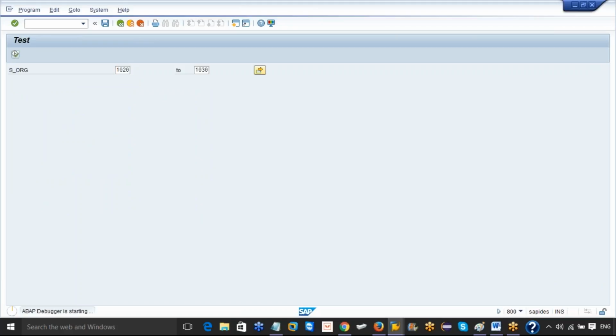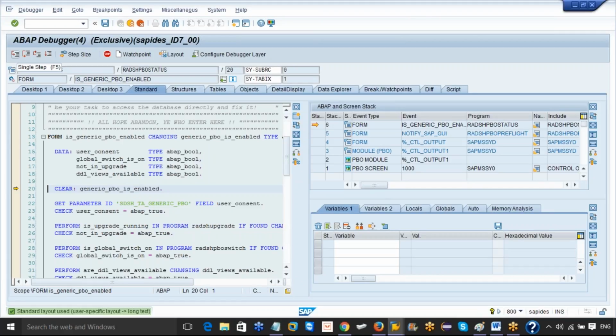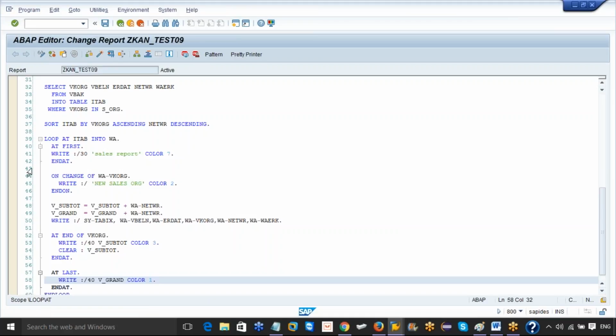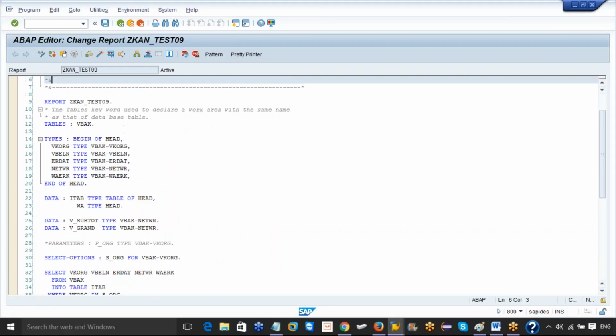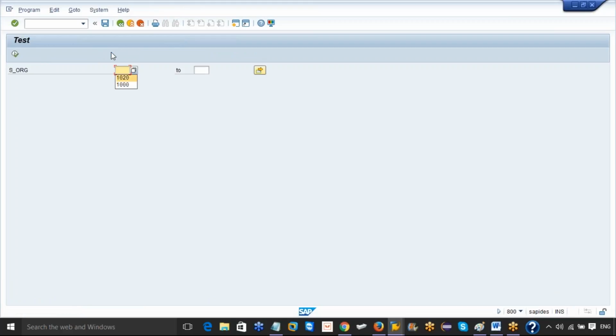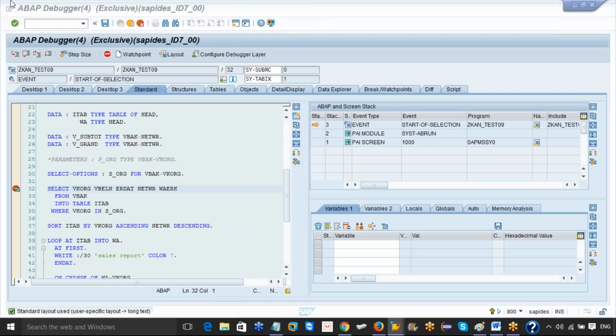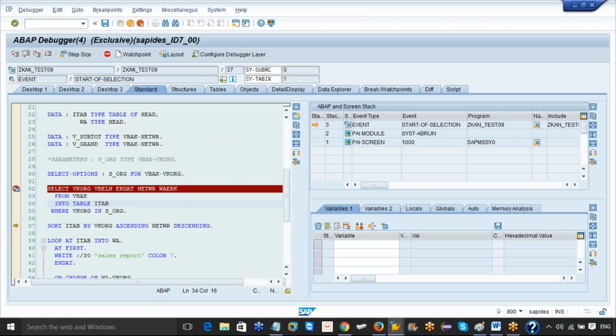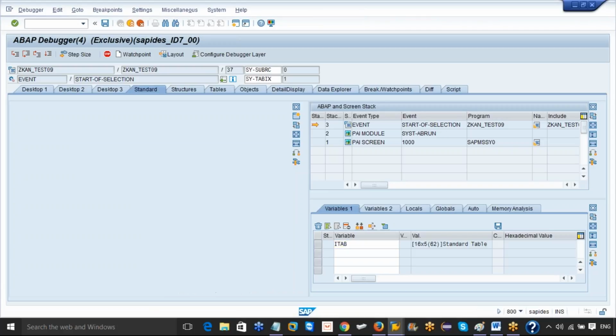Execute this. What I'll do is I'll put a breakpoint here in my program, at line number 32. Execute my program, provide the input, execute the data. So in the internal table, I'm getting all the records now, 16 records